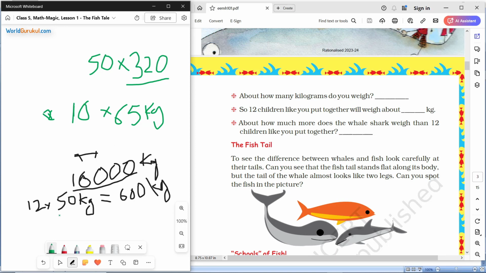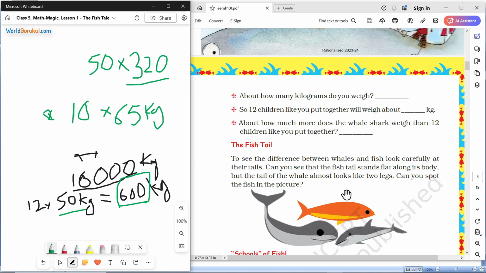Suppose we have taken an average of 50 kg per child, so 12 children will weigh 600 kg, right? This is a tricky question. How much more does the whale shark weigh than 12 children put together? The 12 children all put together is 600 kg, and the whale is 16,000 kg. Can you tell how much more the weight of the whale is than the 12 children? 16,000 minus 600. It's going to be